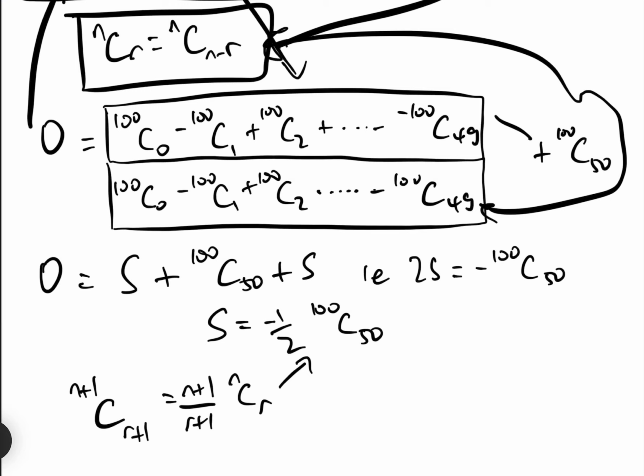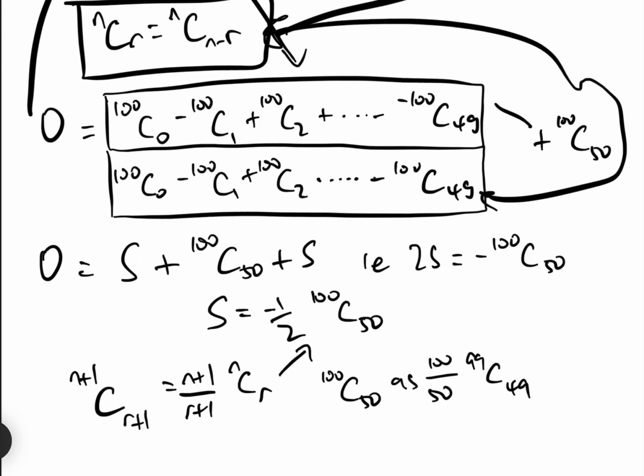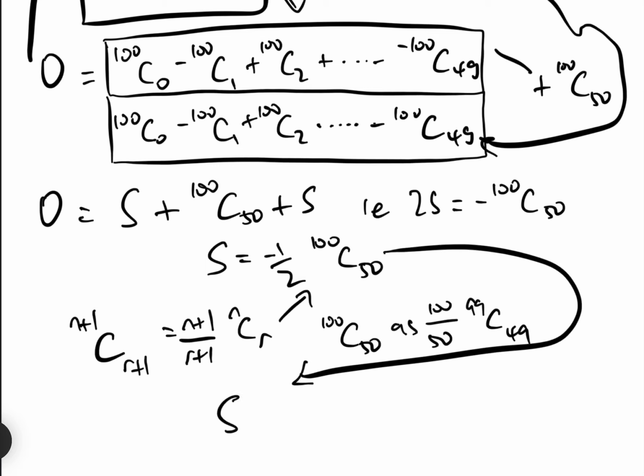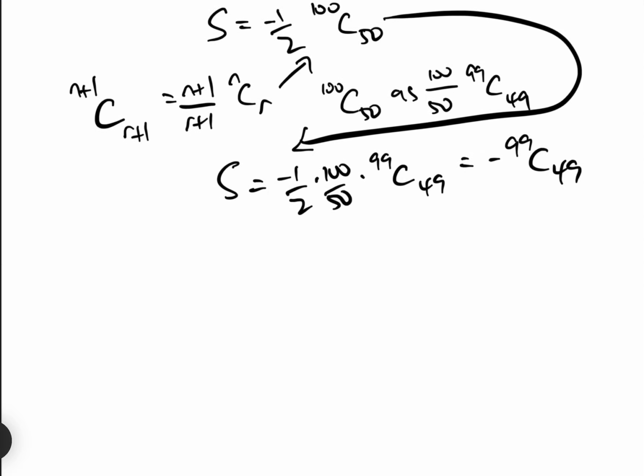We could actually rewrite 100c50 as 100 over 50 times 99c49. And why would we want to do that? Well, that means that we can then put that in there, and s equals minus a half times 100 over 50 times 99c49, which equals minus 99c49. So in actual fact, the sum that we are asked for, you could either write it, it depends, often